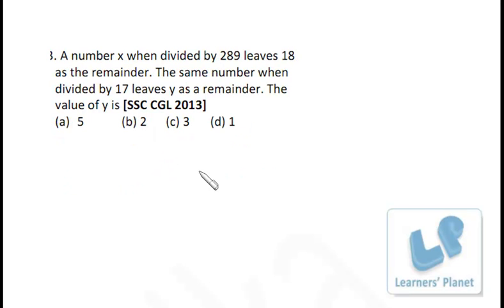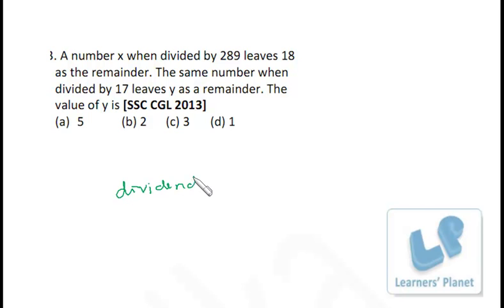A number x when divided by 289 leaves 18 as the remainder. The same number when divided by 17 leaves y as the remainder. The value of y? So precisely what we have to do, we have to divide this number x by 17 and find out the remainder. Now see,